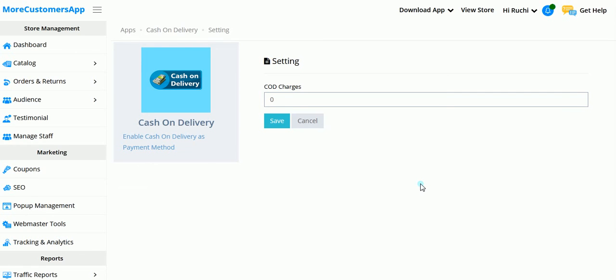Certain courier companies take a charge on collection of COD. Like if any customer is opting for COD and the courier company is asking for the charges from you, so what you can do is you can levy those charges onto the customers and you can collect those charges from the customers itself. Right now you can see by default the amount is 0, means the COD charges will not be added. I will just show you without COD charges what will be the amount, and when we are adding the COD charges what will be the amount.